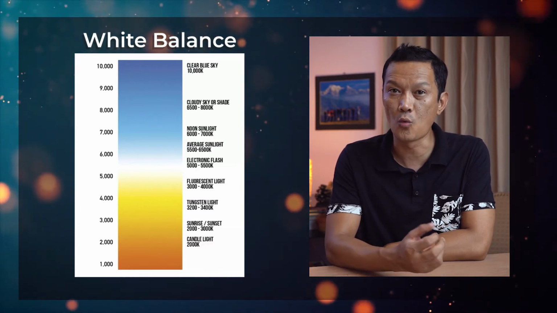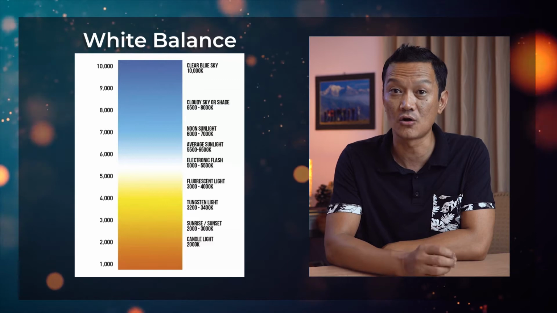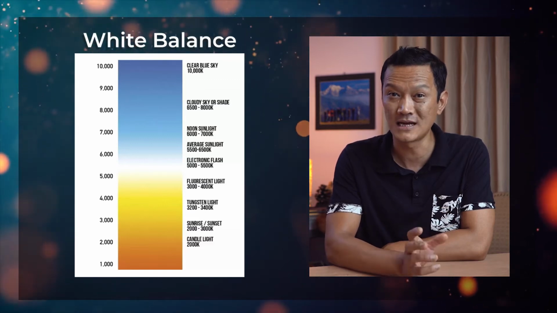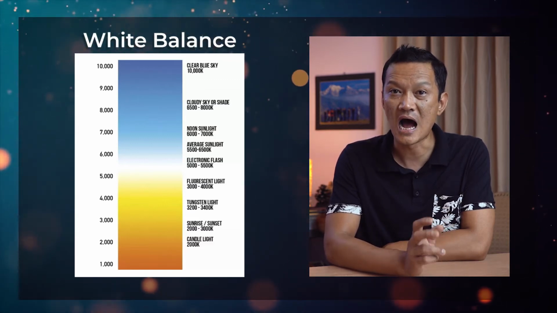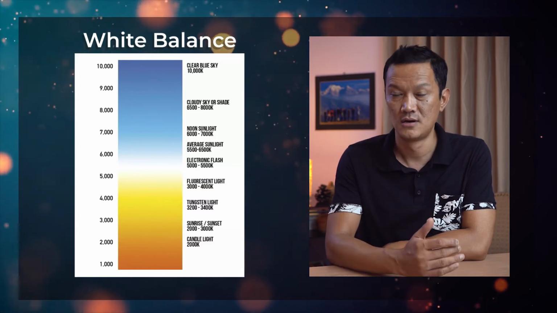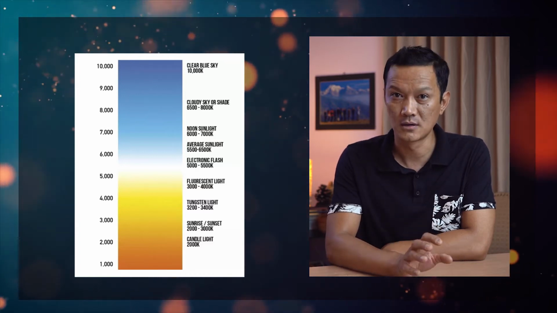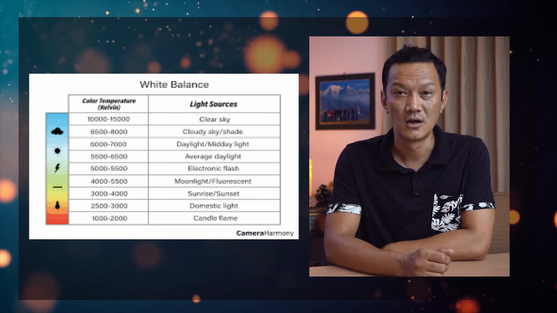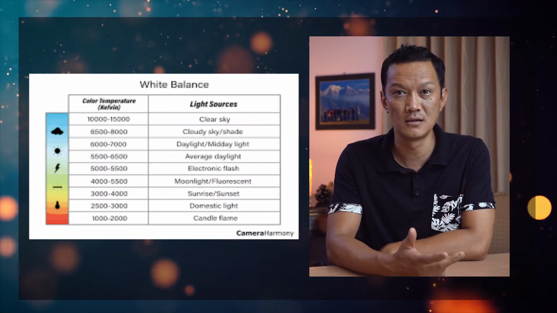And if you're getting more white light, like if you're outside on a sunny day, or if you've got a tube light, white light, then you'd be using a higher Kelvin to bring it down, to make it more warmer. So you could use the preset as a shortcut: cloudy, fluorescent, bulb, sunny day, depending upon what kind of lighting